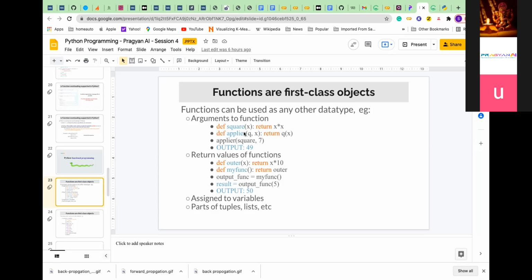I am passing a function name as an argument to another function. This is one thing. The second thing is the return value of a function: you can pass a function as a return value of a function. So the other thing is that I can pass a function